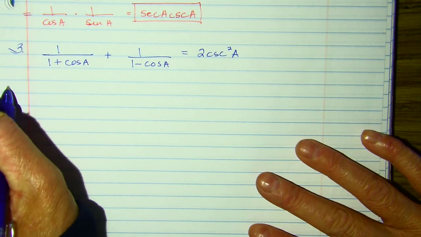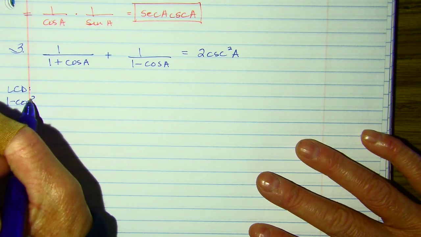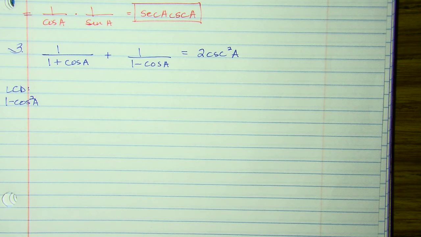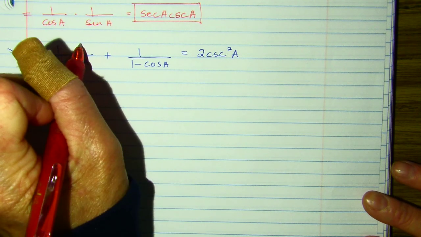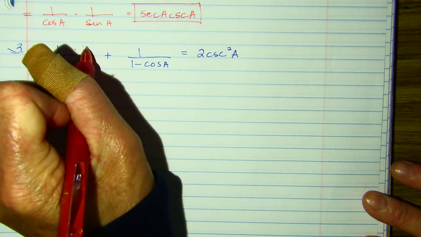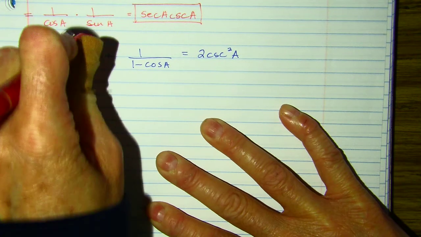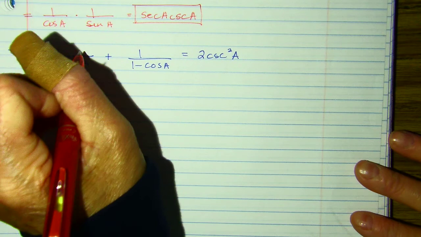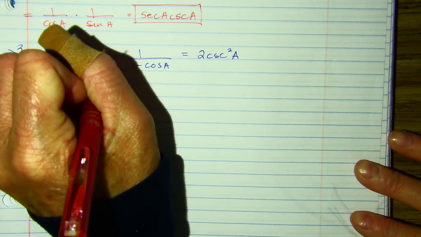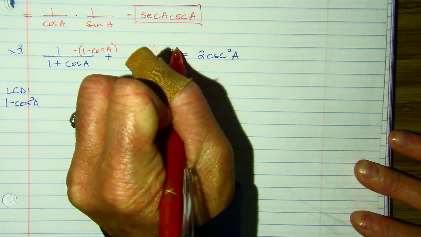In this case I know my LCD is 1 minus the cosine squared of A, because you would multiply these. So I'm going to have to multiply this fraction times 1 minus the cosine of A,